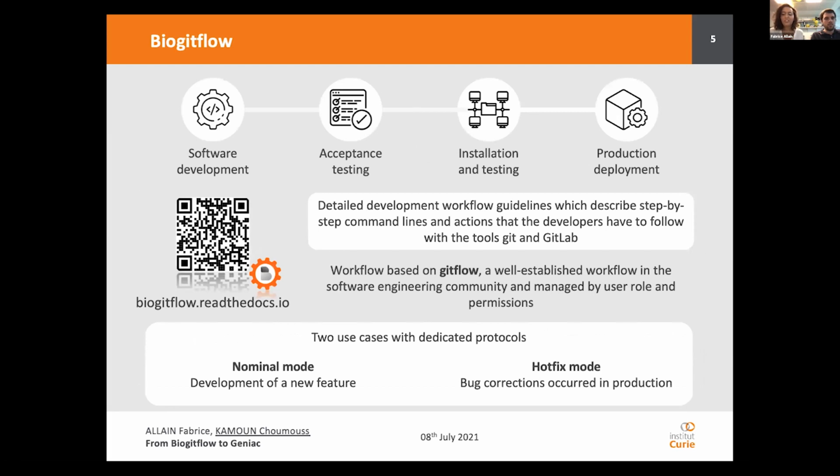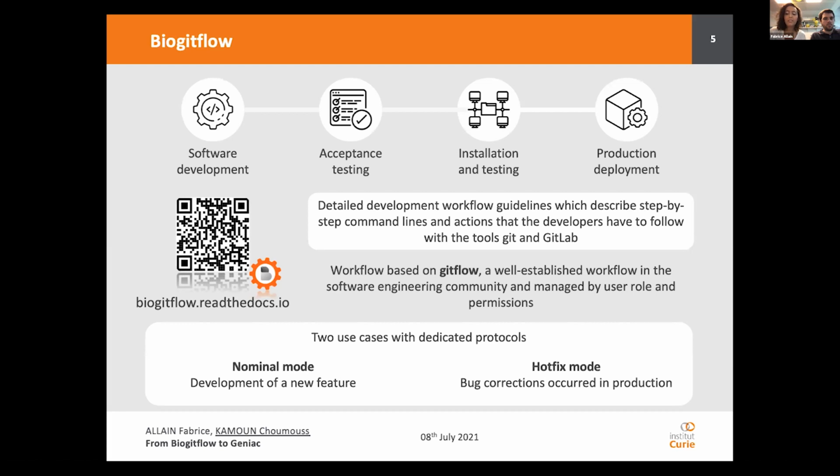This habilitation and our system are built around our BioGit Flow procedure, which is a detailed development workflow guideline, which describes step-by-step command lines and actions that the developers have to follow with the tools Git and GitLab.